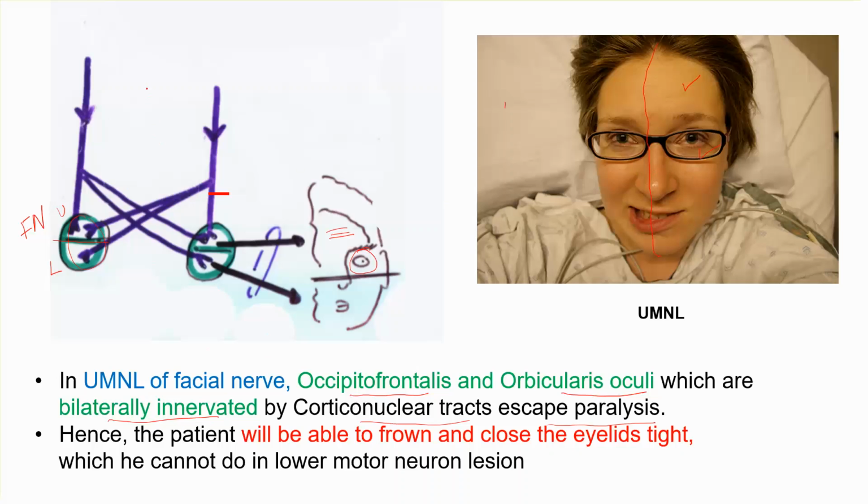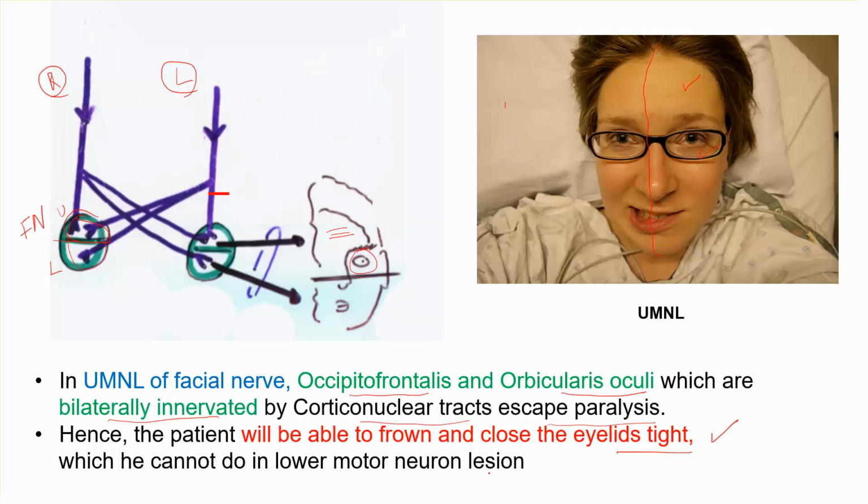As it's clear in this diagram, you can see that there is bilateral innervation from both the sides. If you want to say this is the right side and this is the left side, so this upper part of the face and these two muscles are getting innervation from both the sides. Hence the patient will be able to frown and close the eyelids tight. So that means the function is well preserved, which he cannot do in lower motor neuron lesion,